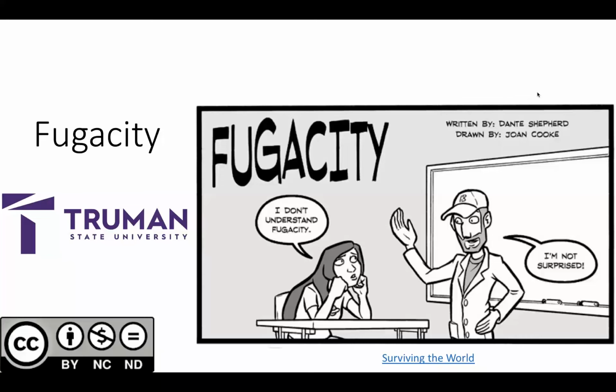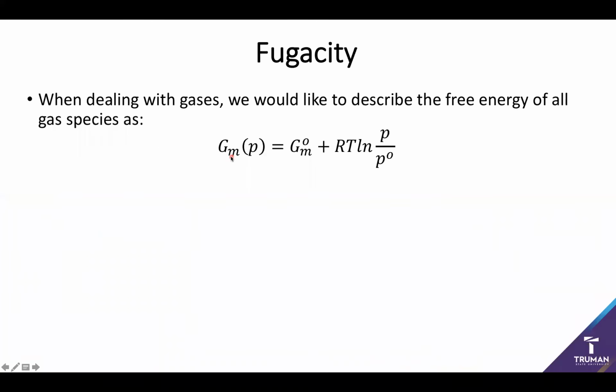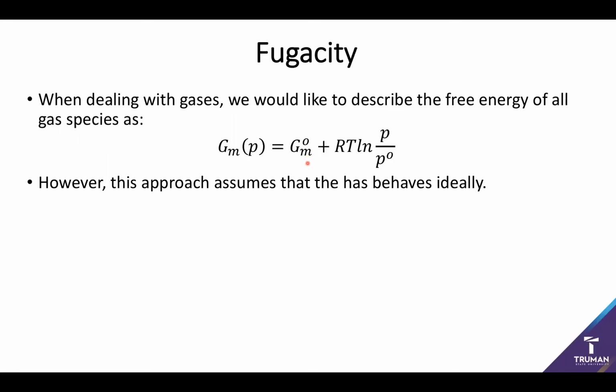So last time we generated an equation of how the free energy of a gas phase species has a pressure dependency with respect to, say, a reference temperature, typically our good old friend 1 bar. Now, one of the real problems of this approach is that it assumes that all gases behave ideally. Otherwise, it's a great simple equation, and we'd love to be able to use it to treat all of our various systems because so many of our descriptions of gas phase behavior is built on this pressure dependence